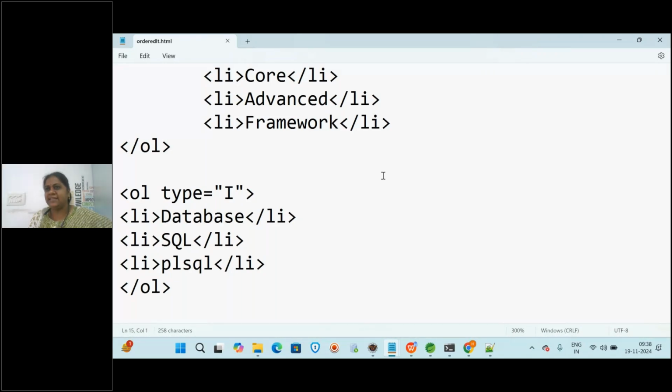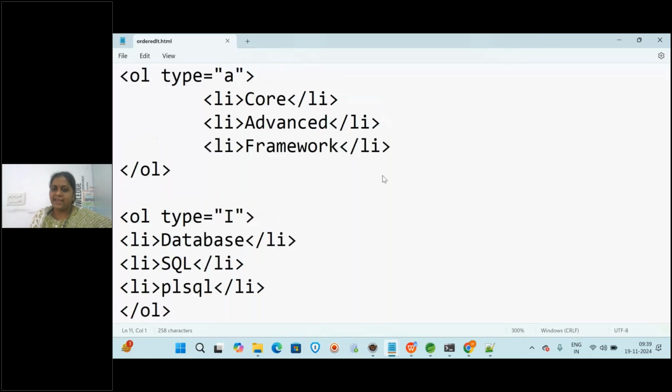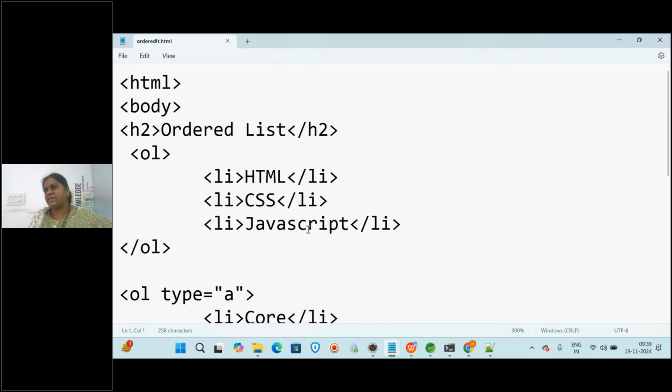What is that? Nested list means what? In one list we will be writing one more list. Means here I have written some topics like HTML, CSS and JavaScript. In CSS I told there are sub items like what? Do you remember? Internal CSS, external CSS, and inline. I just told the names, I did not explain anything. There are three types you are learning in CSS: internal, external, and inline. There are again modules. Yes or no?